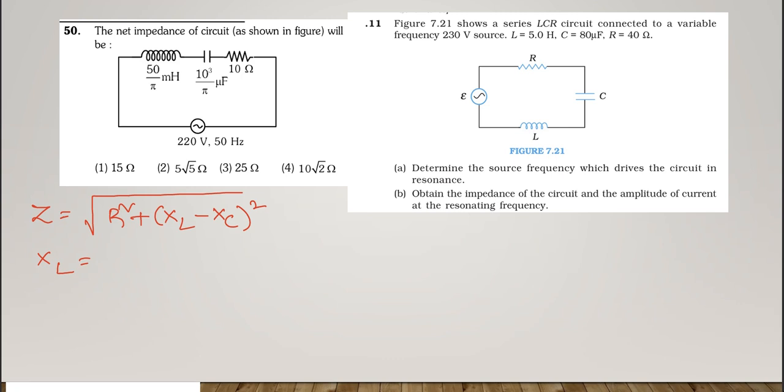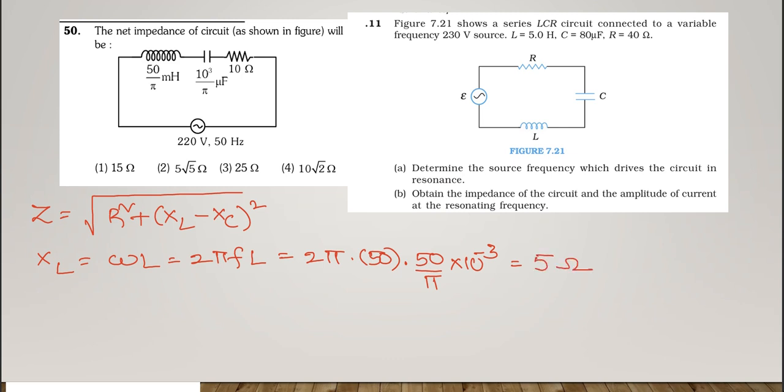XL is nothing but omega L, or that will be 2 pi F into L. Frequency is given as 50 hertz and L is given as 50 by pi millihenry, that means into 10 power of minus 3, milli means, so that this will lead to